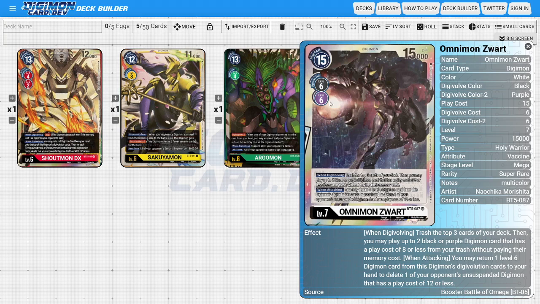And then he just has your stereotypical Omnimon stats, so he's really doing nothing special there. But what is really interesting is his abilities. So he has a when Digivolved ability where you get to mill the top 3 cards of your deck, and then you may play up to 2 black or purple Digimon that have a cost of 8 or less from your trash for free. So being able to res basically a level 5 or below is still a really, really